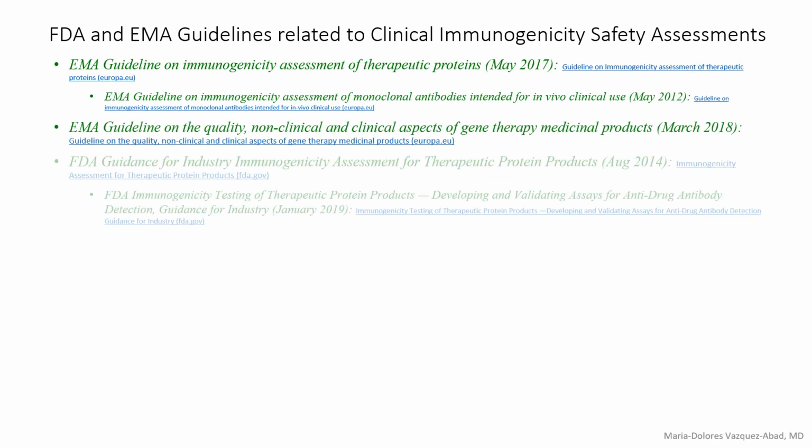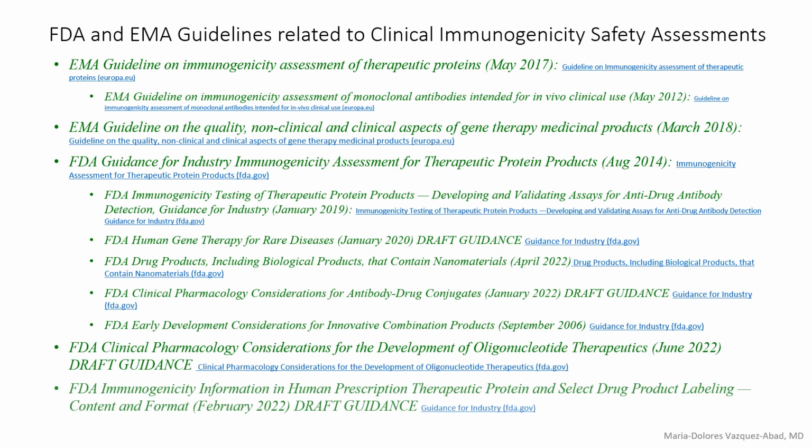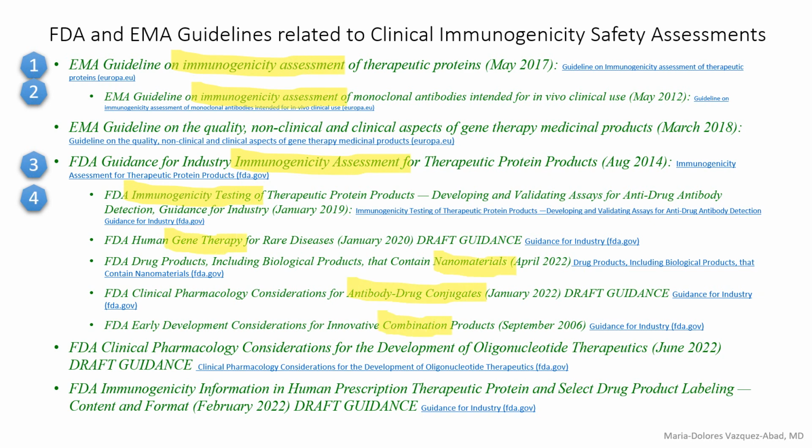There are several guidelines that refer to clinical immunogenicity safety assessments. If you see, 4 of them have immunogenicity in the title. I did find others that refer to the need to follow immunogenicity safety assessment. If you look at the indentation, you can see that I put some of them to the left, like number 1 and 3, and the others are to the right because the ones that are to the right refer to either 1 or 3. So regardless of the title of the guideline, when you are looking at the safety assessments,